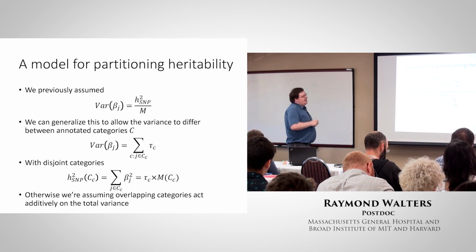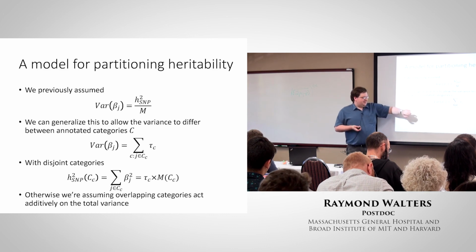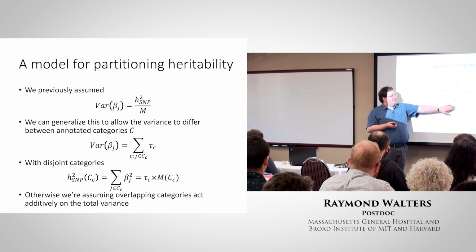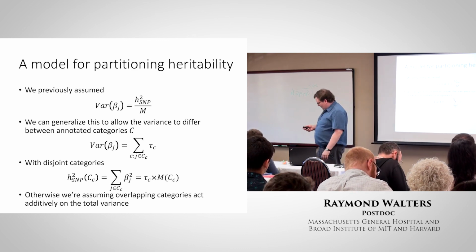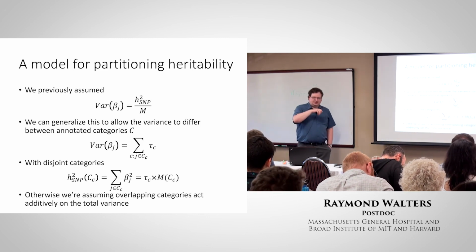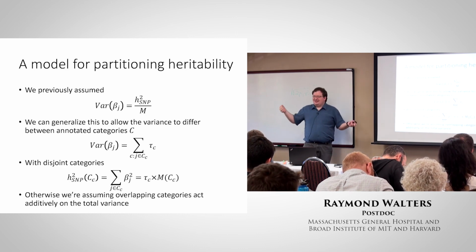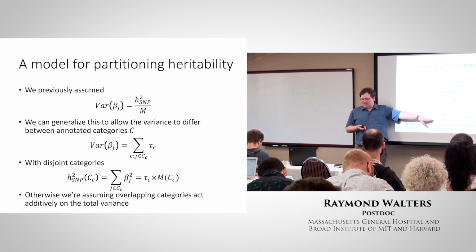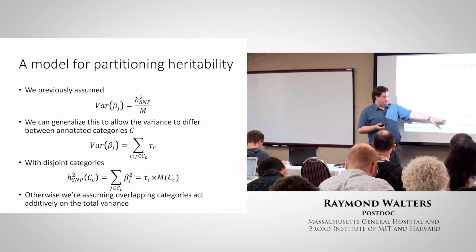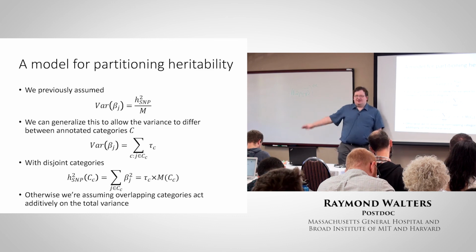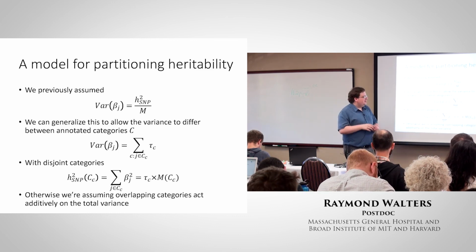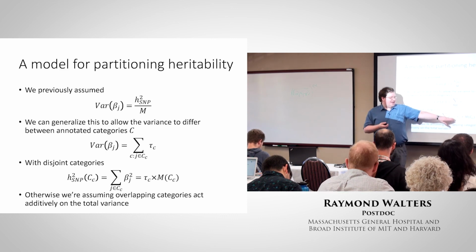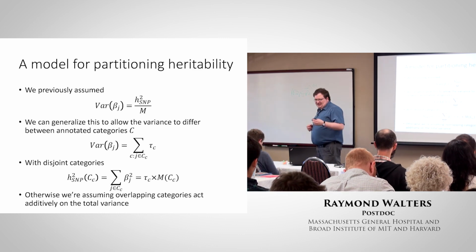And so mathematically, we're going to get at that by saying that instead of this flat amount of variance that is the same for all SNPs, the variance of the causal effects for a SNP is given by a sum over some variance term for each category. The easy case of this is if we have disjoint categories, so there's no overlap, and we assume that there's some category that's the catch-all, everything that's not in the category we're interested in. Then your h² SNP particular to a specific category is the variance of the effect sizes in that category, conditional on making all the same assumptions we made for the rest of the model in the univariate case for LD score. And thus, your heritability here is this pseudo heritability per SNP in that category, this tau,